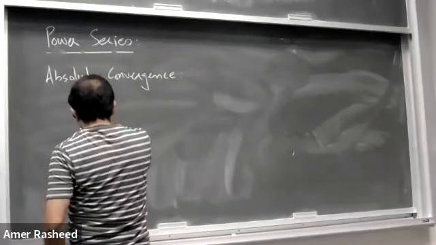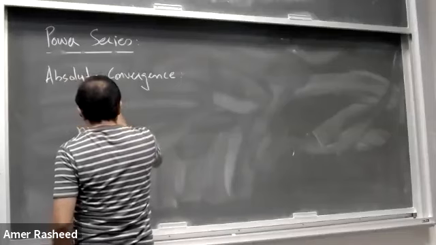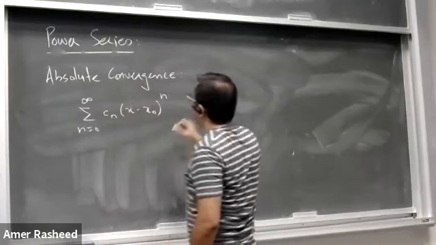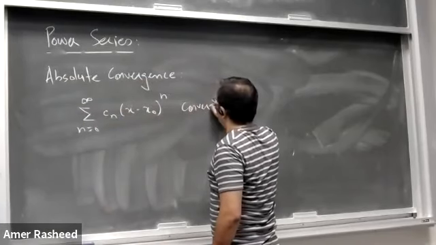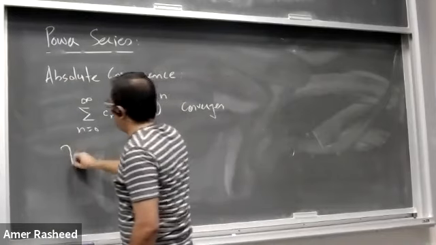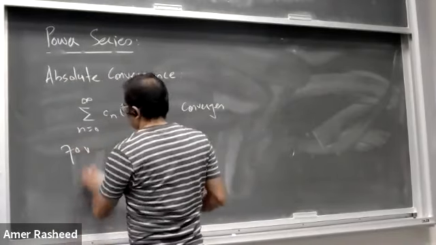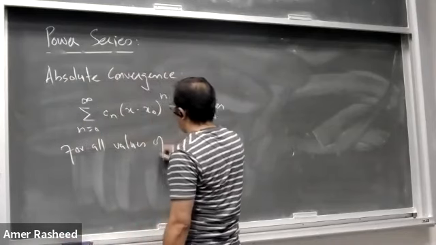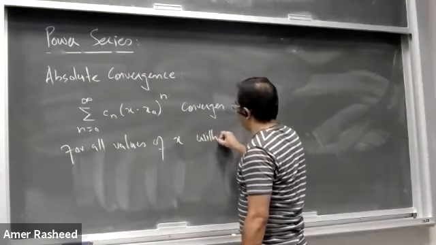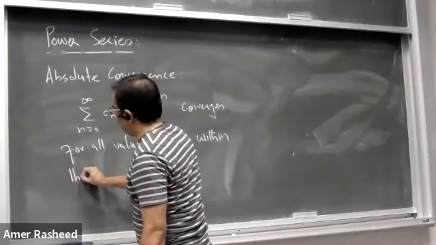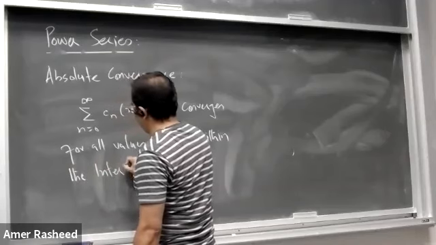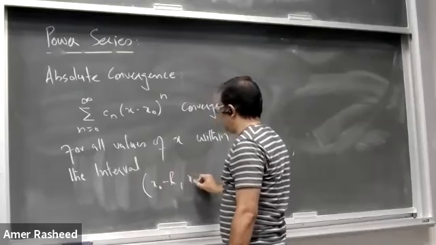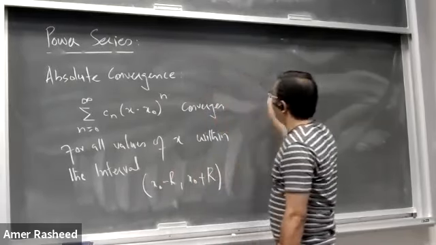If this is the power series, the sum from n equals 0 to infinity of Cn times (x minus x naught) to the power n, and if this series converges for all values of x within the interval of convergence, x naught minus r to x naught plus r, then